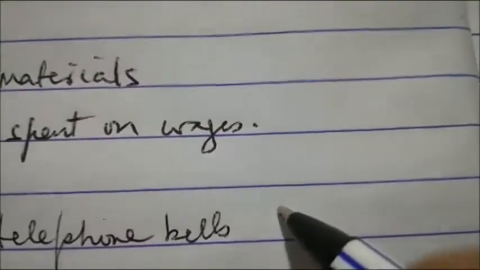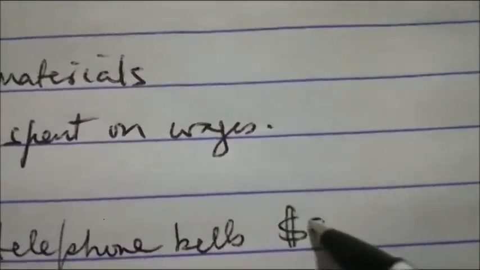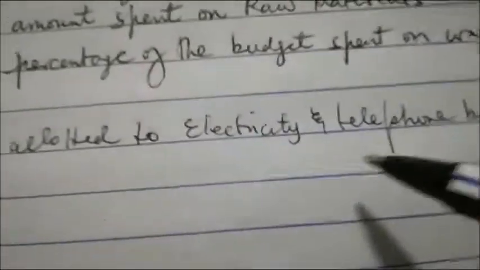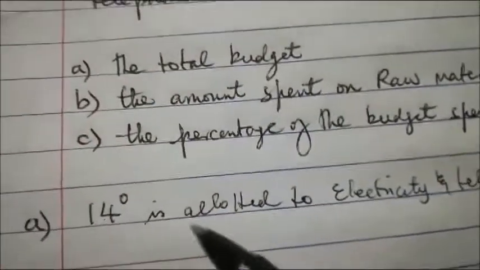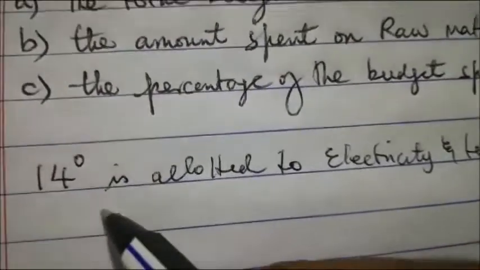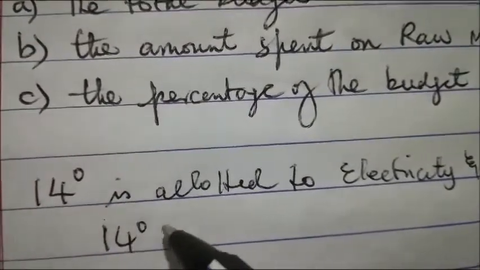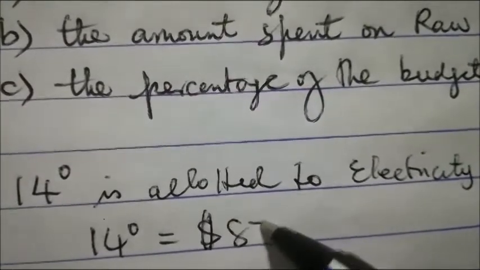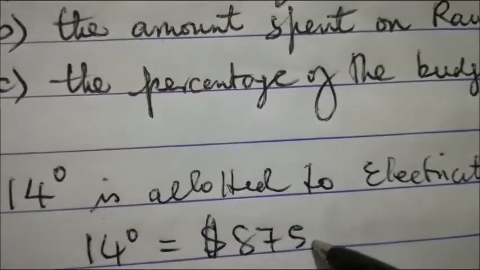And that amounts to how much? 875,000. So there's an association between 14 degrees and that. So we could say 14 degrees is equal to 875,000,